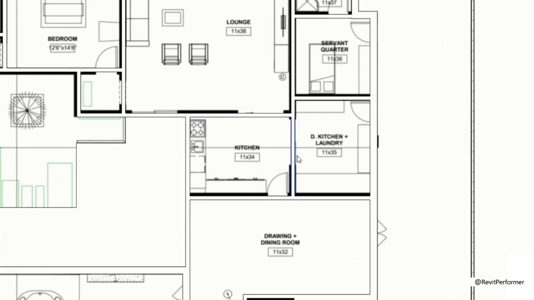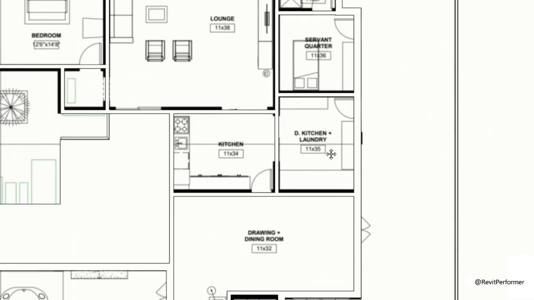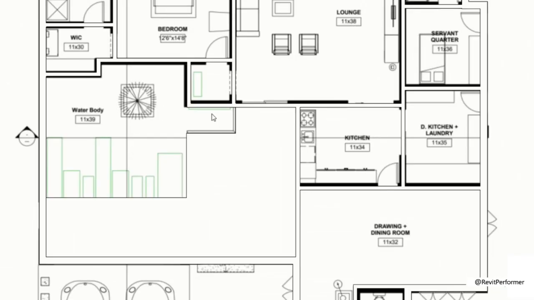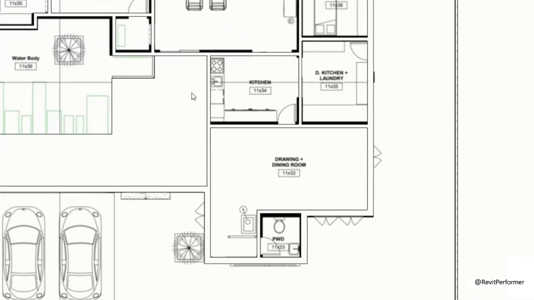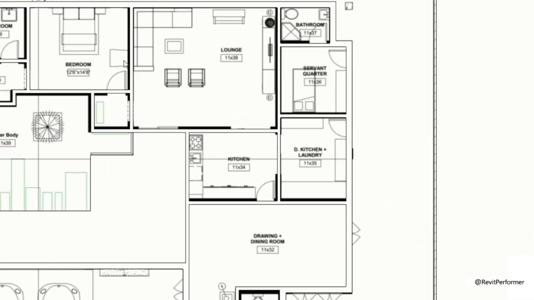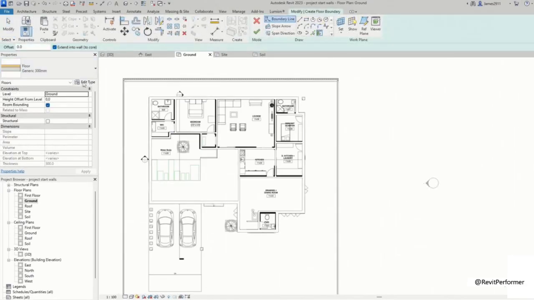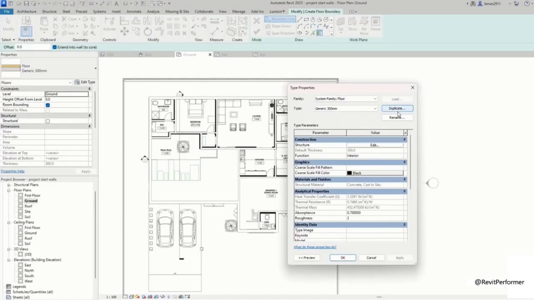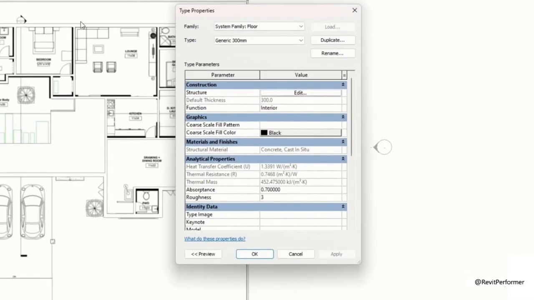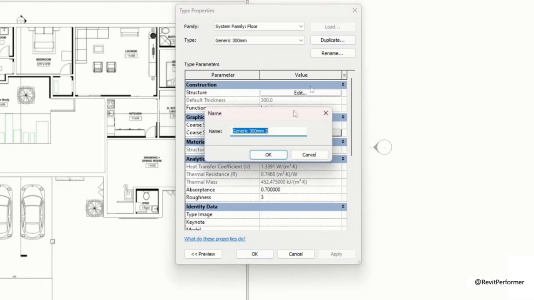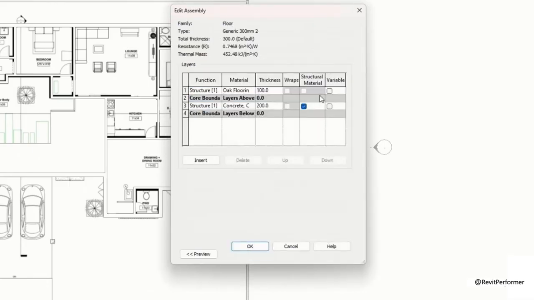As you can see, we have a different amount of rooms in this house. So we have a drawing room, a kitchen room, servant quarters, and whatnot. So now we're going to draw different floors for every room. We'll draw 3 types, which are quite basic. I'm going to edit the type again. I'll just duplicate the already created floor. Simple as that. Okay, so I click on Duplicate. I will go back to Edit again.